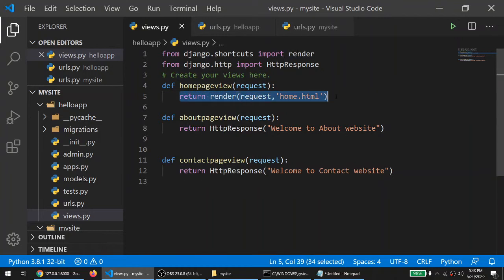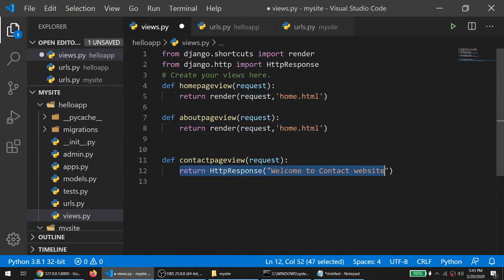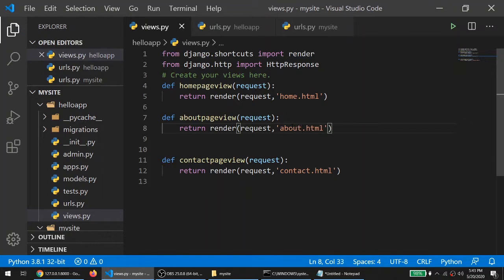Same thing, you have to copy and paste it for about us and contact us. So this will be contact and this will be about. So it's done. Instead of HTTP response, we can also render our HTML file, which is located at